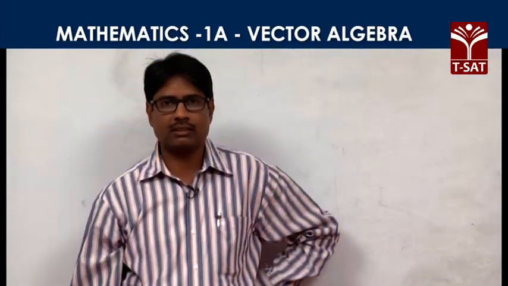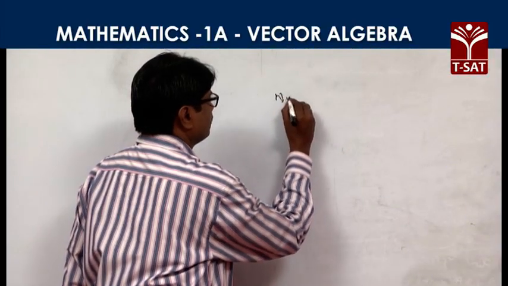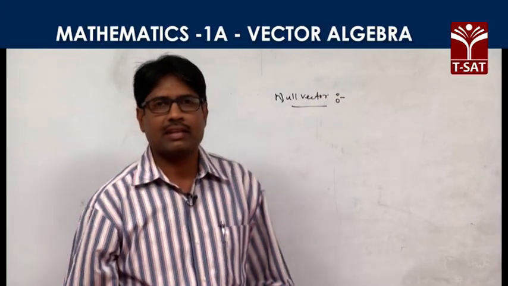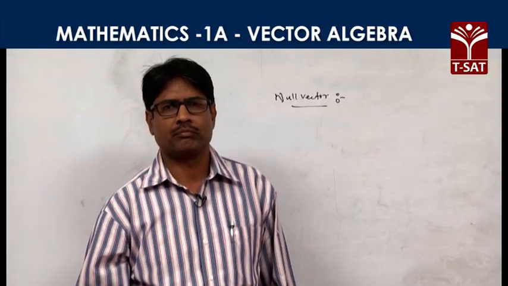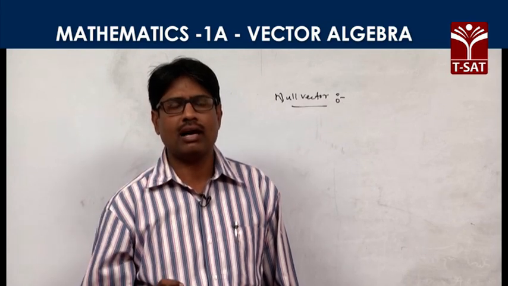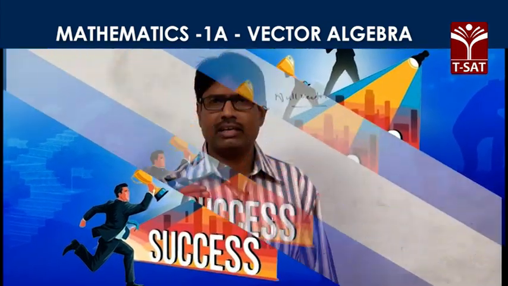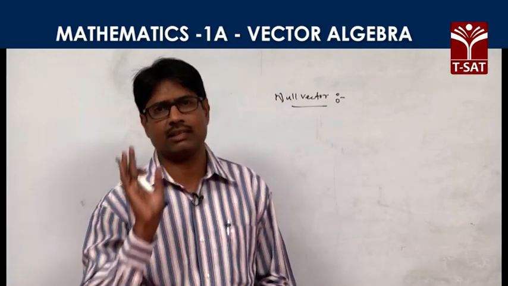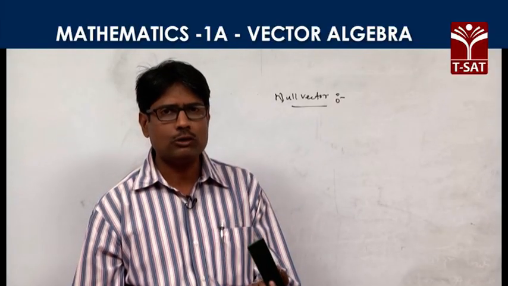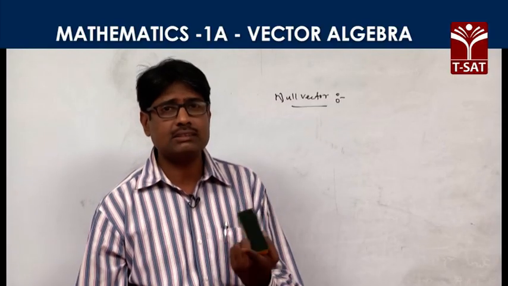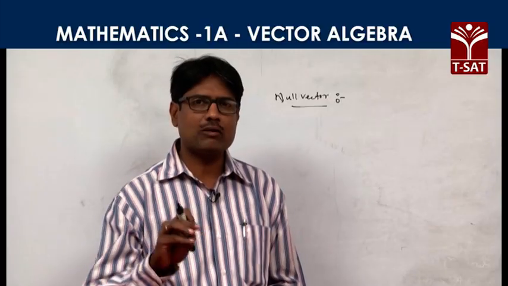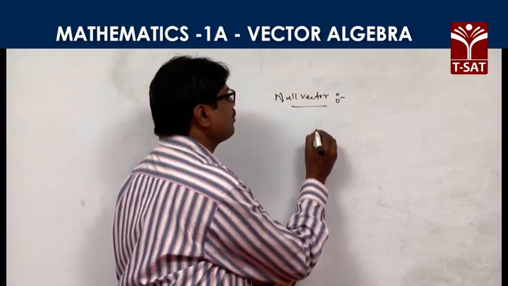First we will come across null vector. A vector whose magnitude is 0 and denoted by 0 bar is called a null vector. Every vector quantity will be concerned with the magnitude as well as direction. I am talking about the null vector. We concluded in the definition that magnitude of null vector is 0 units. What about its direction? There is no direction for the null vector. We may call it undetermined or indeterminate direction. It is denoted by 0 bar.